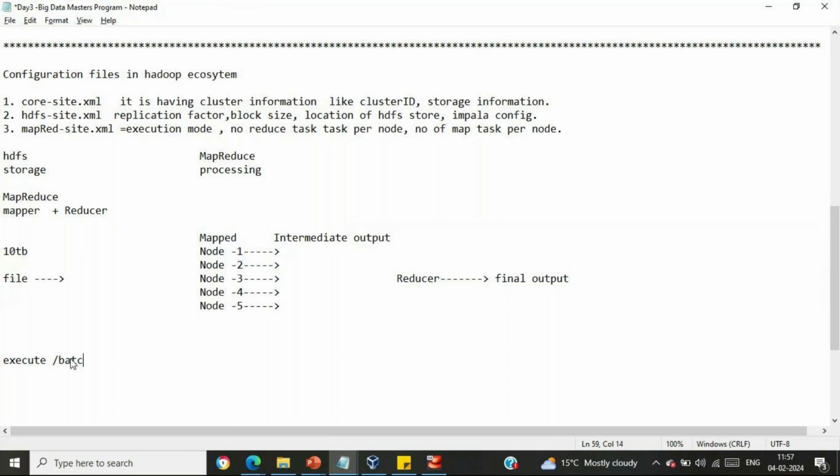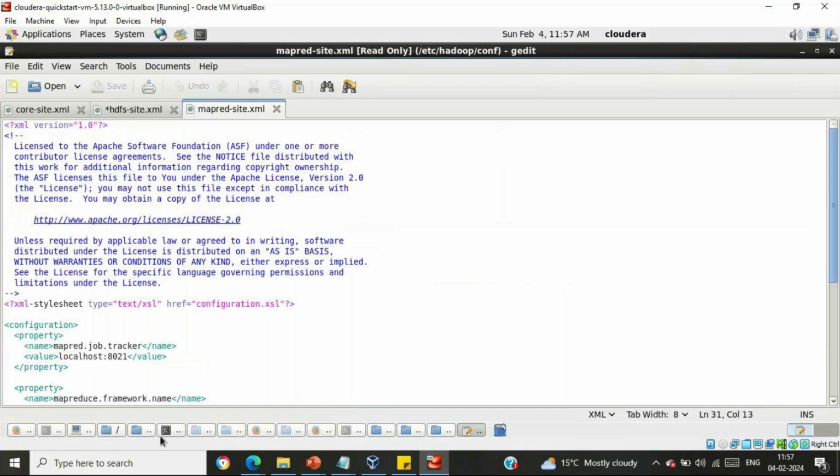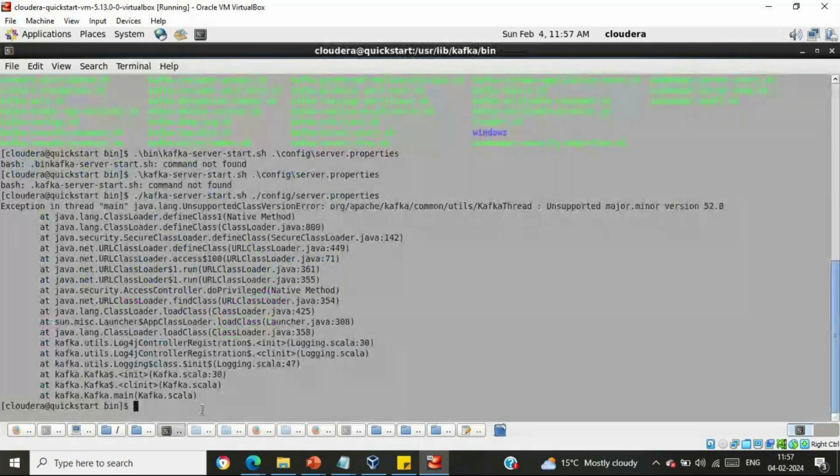Say batch 32, execute batch 32, and file say 1. This is the directory where this particular file is available, and I want to have the output in, say, batch 32 output. And in this directory, what I'm going to do is create a directory,